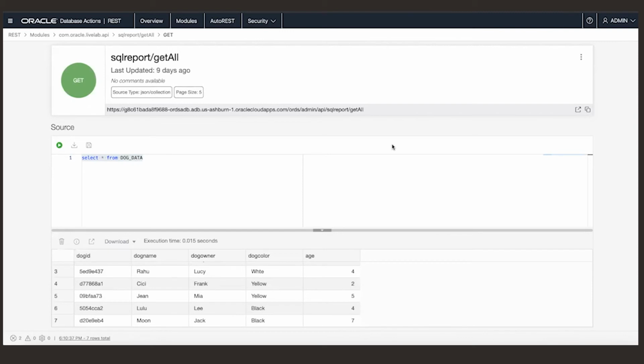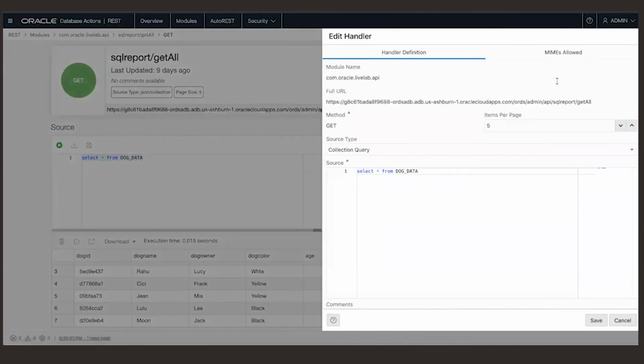As you can see here, this is the testing result. All right. And then we can also click edit. You can see this is a get method. And in this box, you can specify items per page, meaning we're not going to overwhelm your browser if you have like 1,000 or 2,000 records.